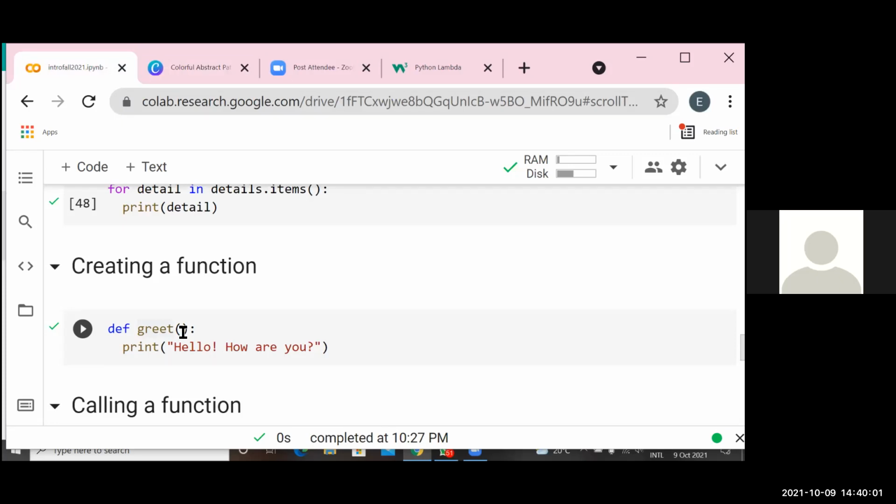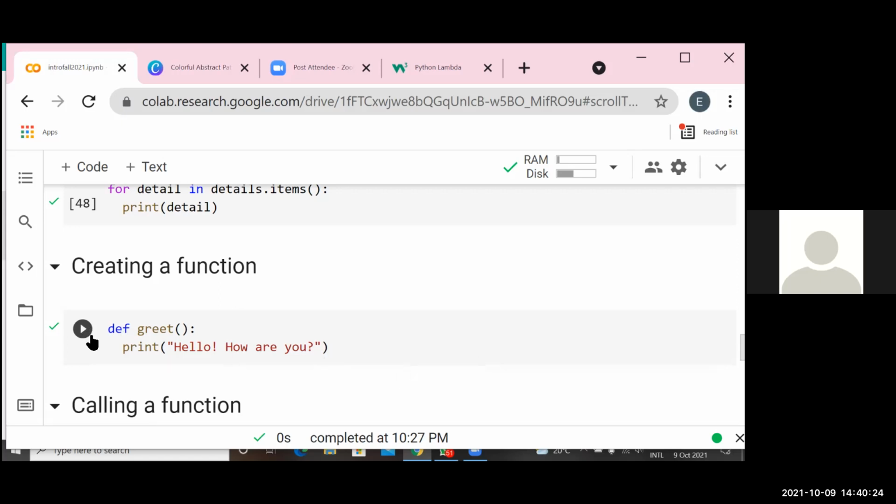I will use the words arguments and parameters interchangeably because they mean the same thing. Ours does not have arguments, but it has code that needs to be executed, which is print, Hello, how are you?